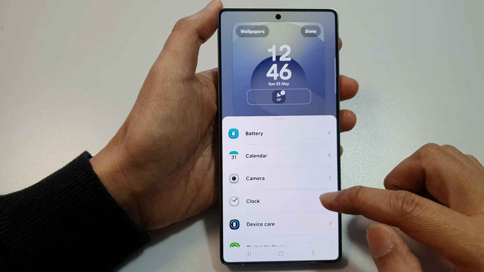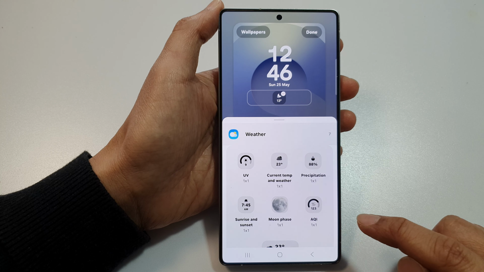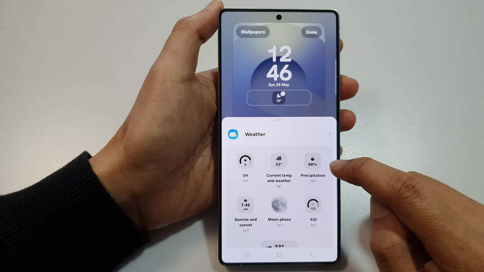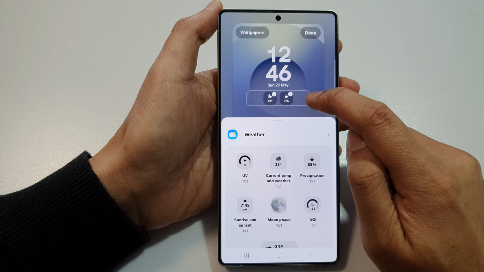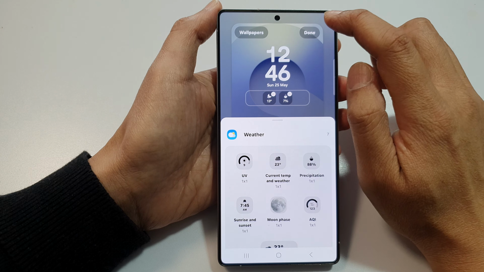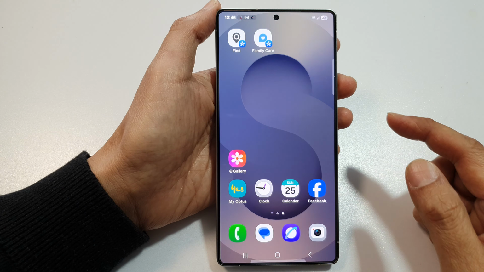Then from the list of widgets, we scroll down to the bottom and tap on Weather. Here, tap on the Precipitation widget, and that will be added to your widget panel. After that, tap on the Done button, and then tap on the Home button to return back to the home